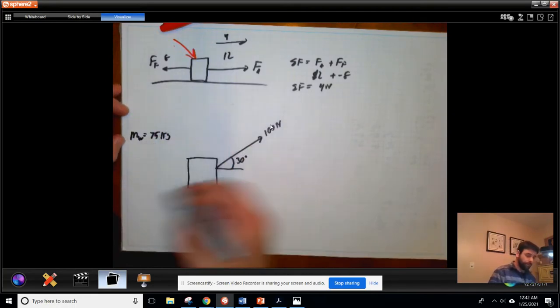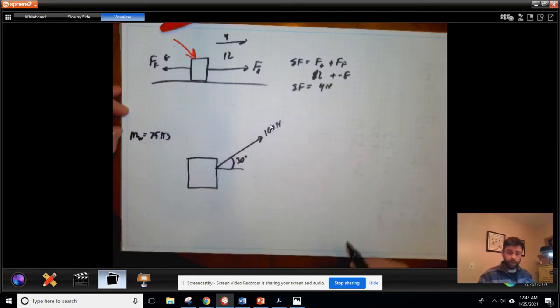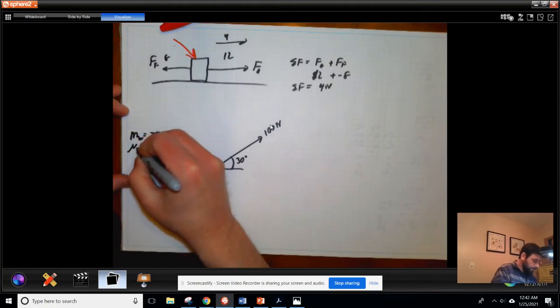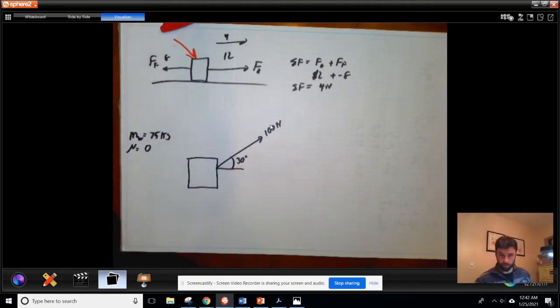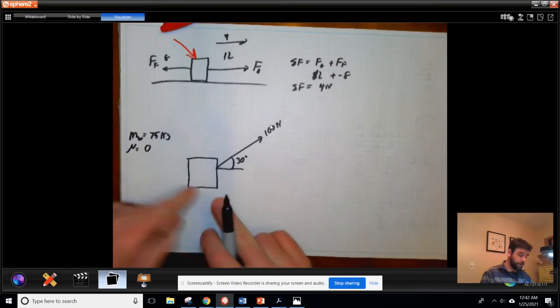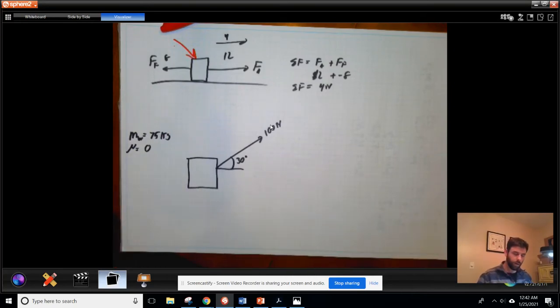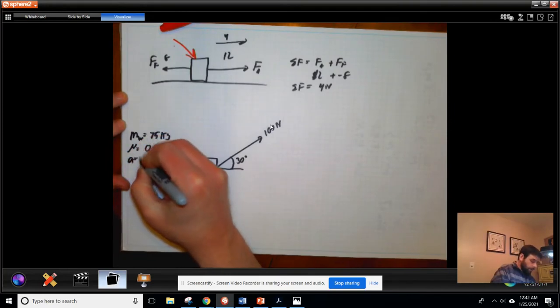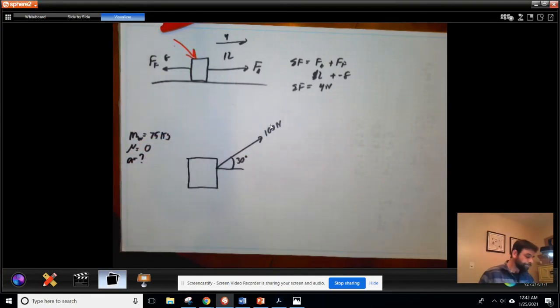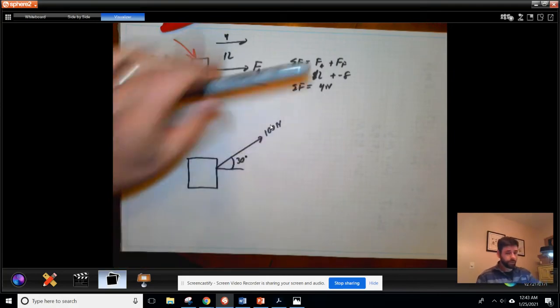Our angle is obviously 30. Our force applied is that. And we're going to keep this simple at first and say friction is 0. We have a frictionless surface because we have wheels on our wagon and they work really well. I want to know what the acceleration rate of the wagon is. Okay? So, with our force diagram on this,